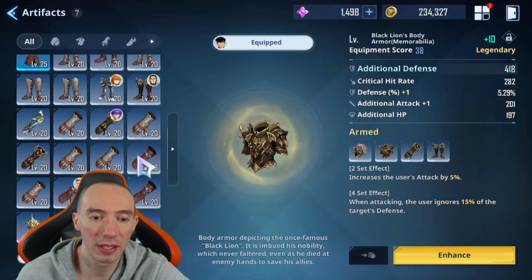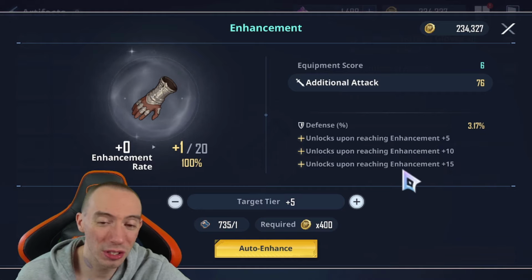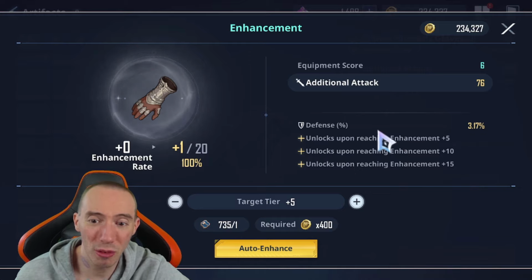And the way it works is as you enhance these by 5 levels, you're then going to gain an additional substat at the bottom. You're gonna see right here, it says unlocks upon reaching enhancement 5, 10, and 15. And all it's gonna do is pretty much just unlock the slot, and it's completely random. And that's what you wanna avoid because it's completely random, so you really don't have any idea of what it